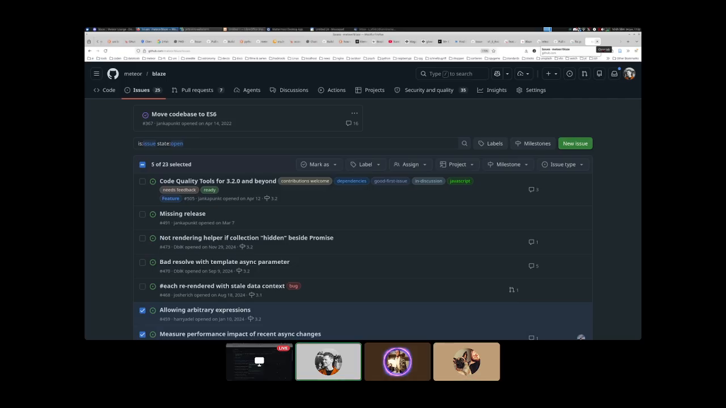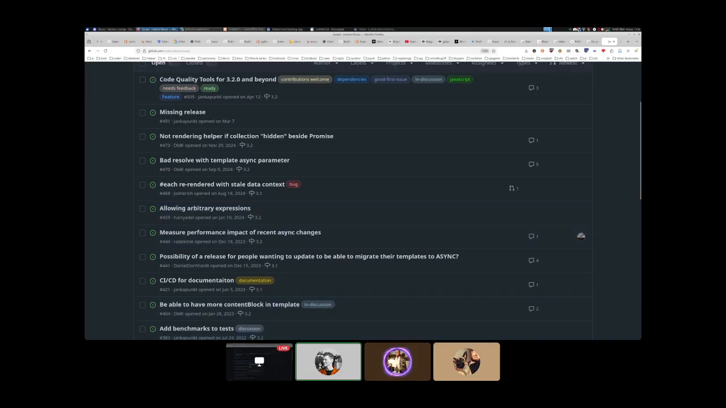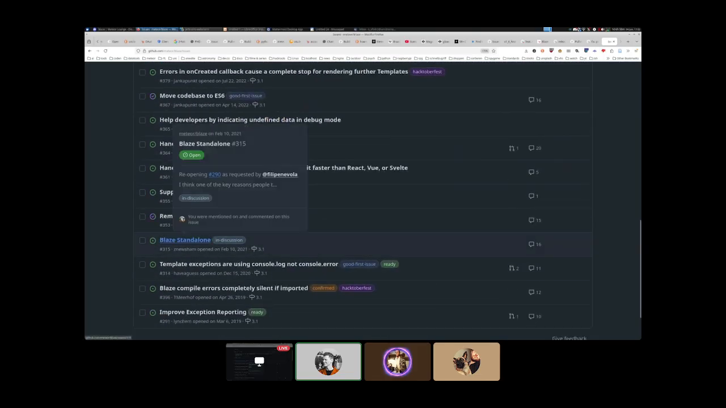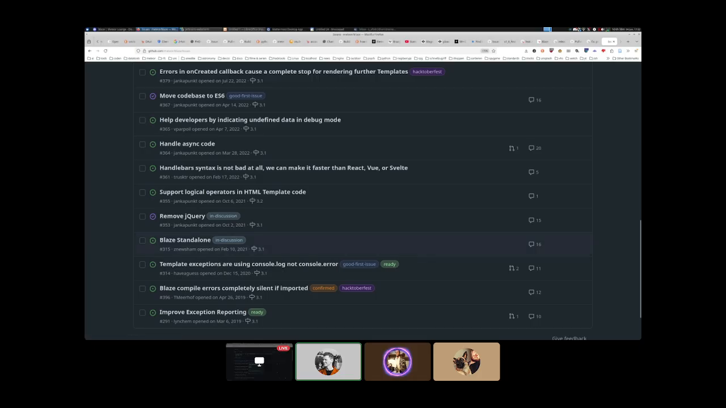Otherwise, for 3.3. And then there's also one thing, and this is really the future of Blaze. There is something called Blaze Standalone. It's already a very old issue, 2021. Yes, a huge subject. It's a very complex topic, and I think it's not that easy because it requires a lot of changes in Meteor core. It has these codependencies of so many things that are part of Meteor core, like the tracker, the reactive variable, reactive dictionary,